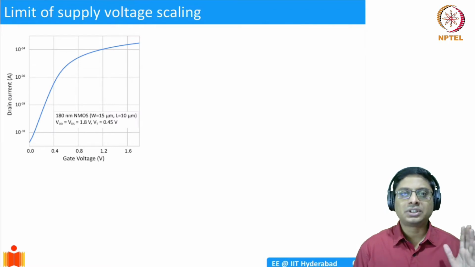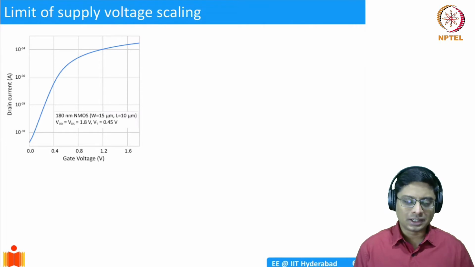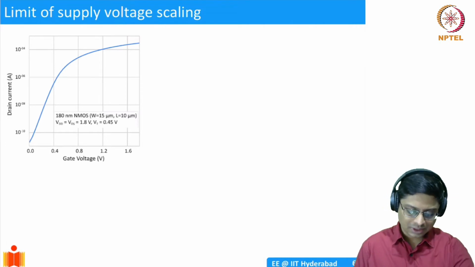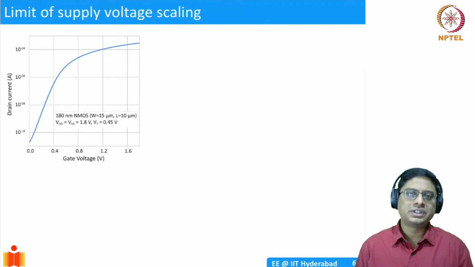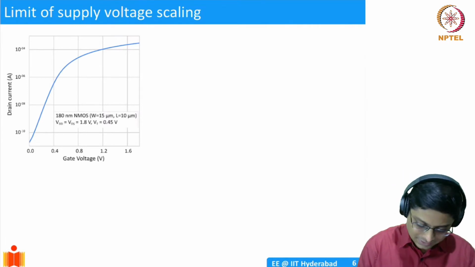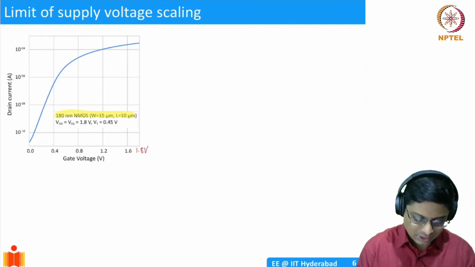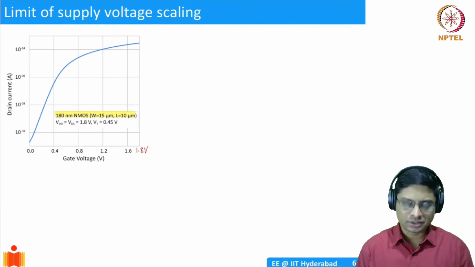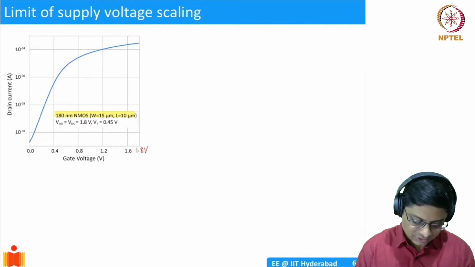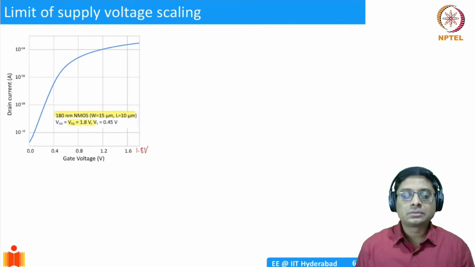Wherein we talked about the drain current and the gate voltage. We have plotted the drain current on the log scale and the gate voltage on the x-axis. One of the features of digital circuits, when we introduced the various device metrics, we said that the I-on to I-off ratio is an important metric. So if you look at this picture here, the x-axis goes up to 1.8 volts. So this is 180 nanometer CMOS technology. The channel length and width are quite large. And the VDS for this graph was 1.8, and VDD is also 1.8, of course.